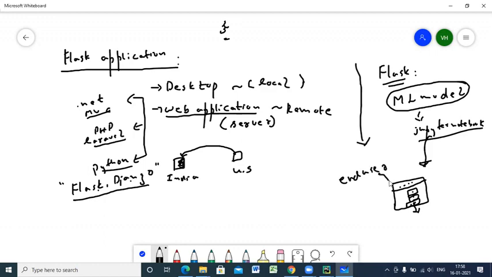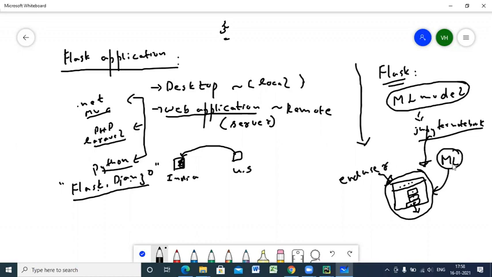If you want your end user to understand your application, I mean, not you to understand, but at least to work on your application, you must have some interface. That is, it has to be a kind of web application. So you have built a machine learning model. You integrate your machine learning model into this web application so that it is visible for your front end user, or for the end user. This we call a web app.